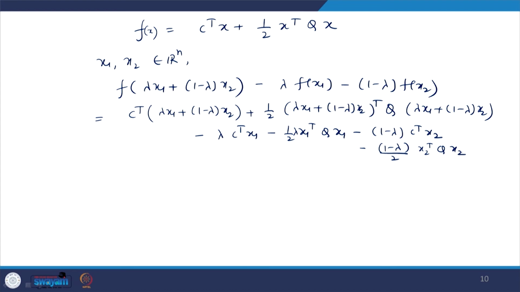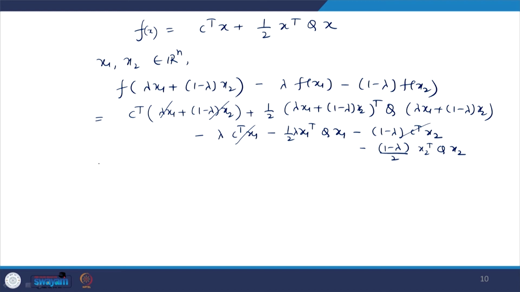Okay. This lambda is a scalar quantity, so it can be taken out. So, this comes out to be lambda times c transpose x 1, which will be cancelled with this term. This 1 minus lambda again will come out, so it is c transpose x 2, which will cancel with this term. Okay, we are left with